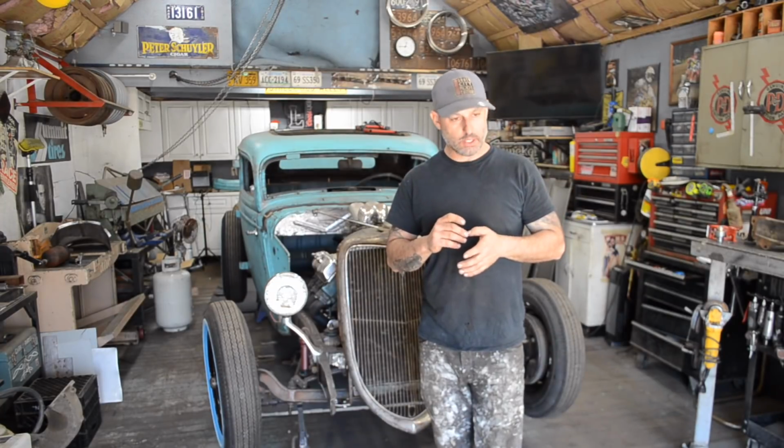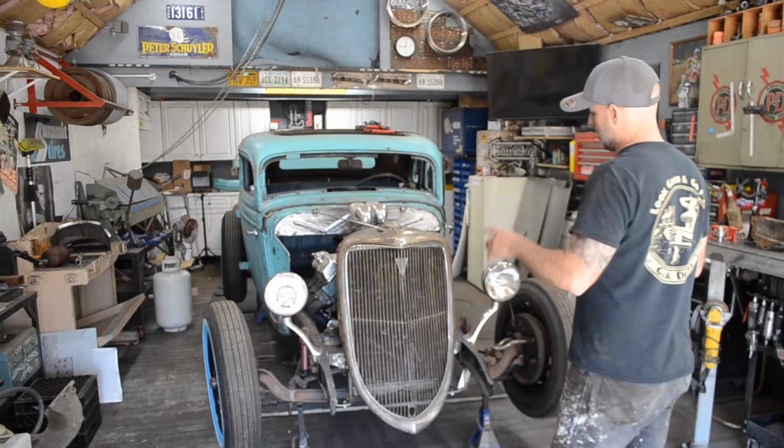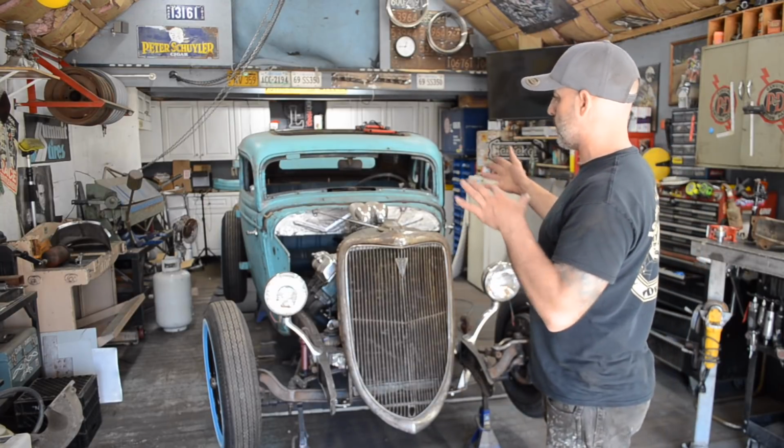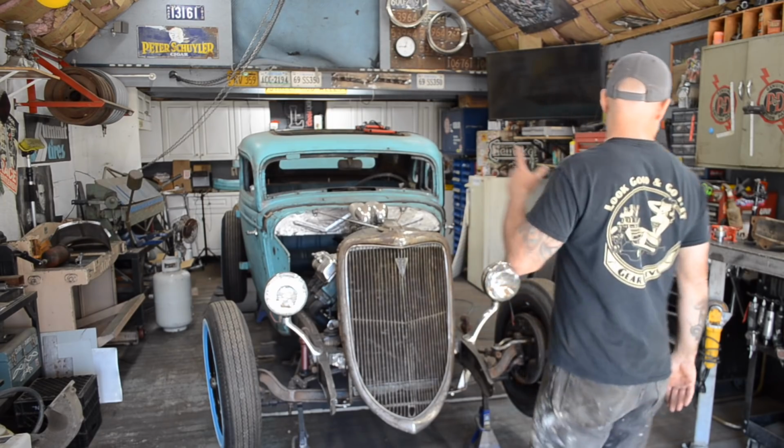Finally a nice day. I got the doors open on the garage, sun shining, and I need to remove the motor and transmission out of the frame rails. And the reason I need to do that is because